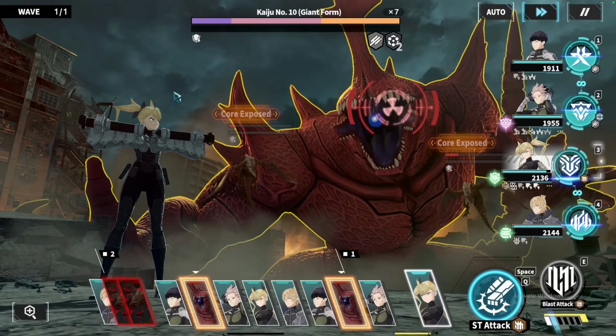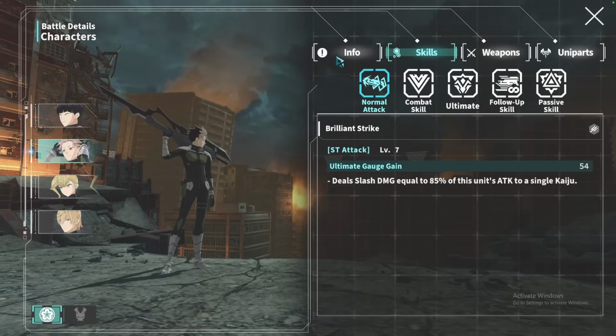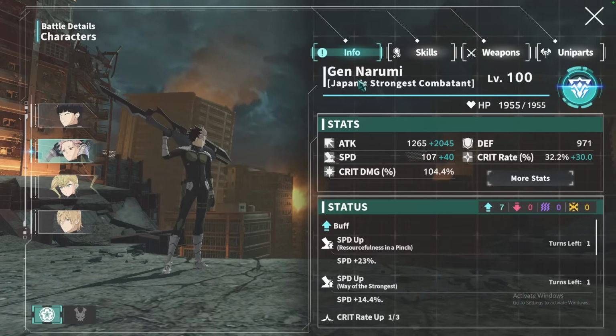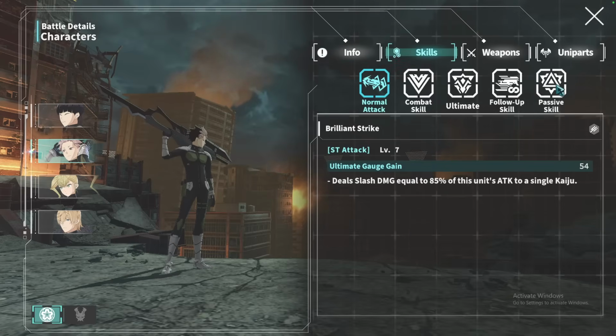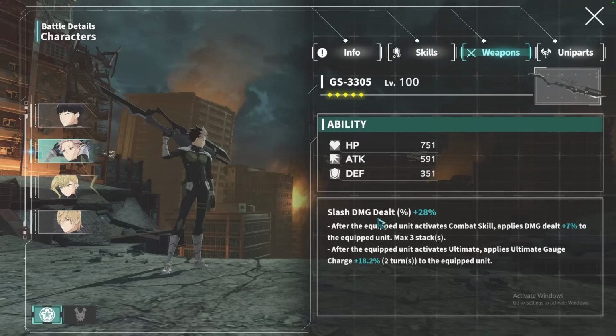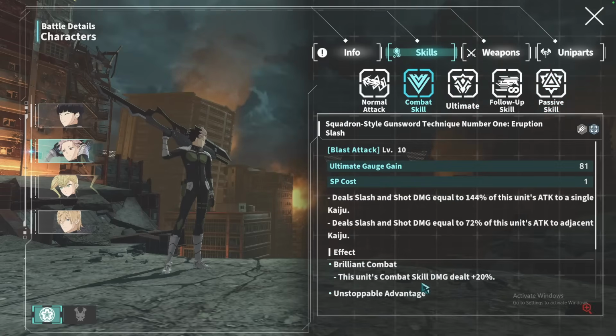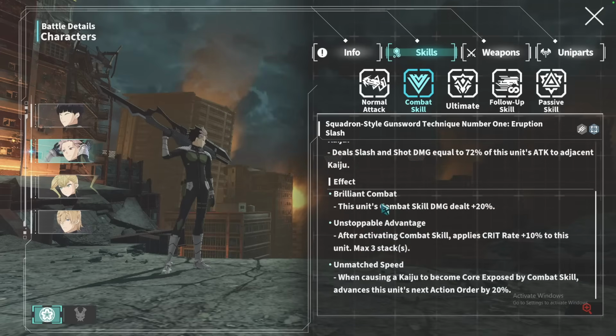Another thing that's been happening in some of this content that we haven't talked about is, again, Gen is extremely fast. And it's not even about the speed increases that he's getting for himself or from Buddy Hoshina. It's also this effect right here for action order increase. Where is it? Combat skill. It's in here somewhere. This unit's combat skill damage goes up after activating a combat skill when causing...